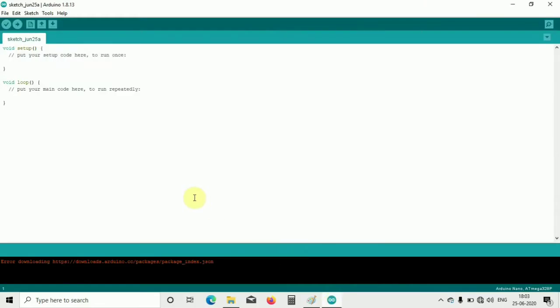This is the Arduino setup, and I will delete this existing setup and write a new one. First I will write a comment: code for water amount measurement through the YFS201 sensor. Then star, then backslash, so it will end the comment here.